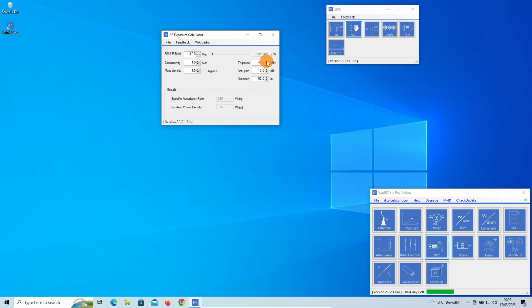If you have transmit power of 40 watts, look here what we can do. If we know transmit power, antenna gain, and distance, for example, if we decrease this distance to 10 meters, you can see here that volt per meter level is increasing. And if we change this to, for example, 100 watts, 50 dBm, then the volt per meter level goes up. The shorter the distance, the higher the numbers here